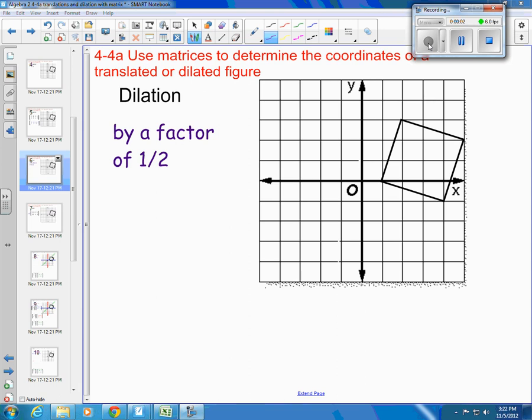Algebra 2, this is Chapter 4, Section 4. This is the third video. This one's on dilations. So back to Algebra 1. When you were in Algebra 1 and you had to dilate this figure here by a factor of 1/2, we